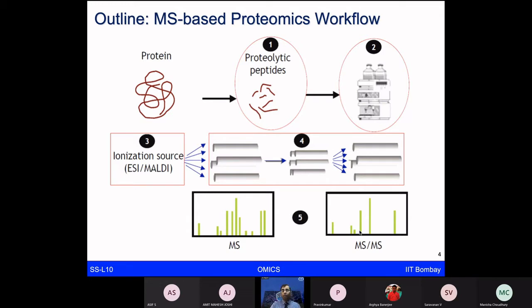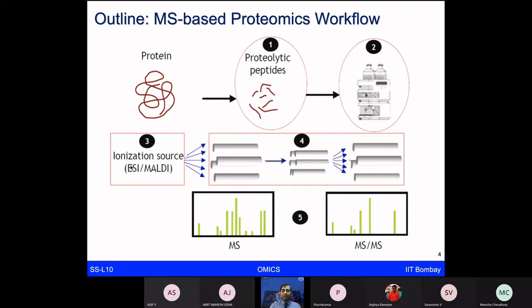So this is what we want to achieve in proteomics based workflows, and the process involves taking the proteins by doing protein extraction. After that, protein digestion with enzymes like trypsin to cleave those into peptide forms. Separate them using liquid chromatography. We have showed you nano-LC and UHPLCs. Then you want to ionize these peptides to the gaseous ionized forms using electrospray ionization or matrix assisted laser desorption ionization, ESI or MALDI.